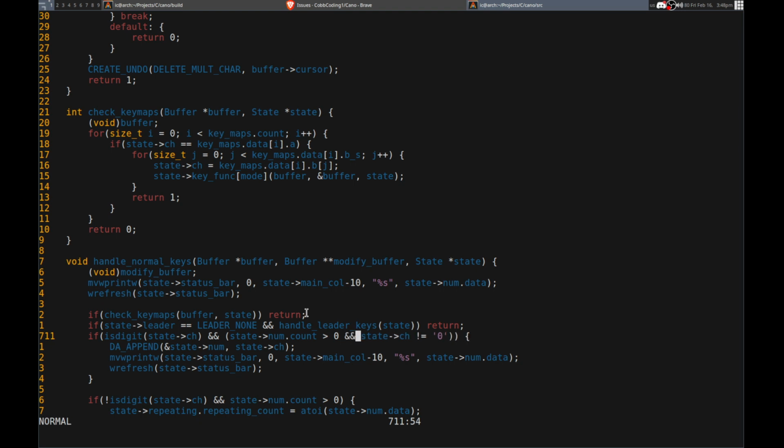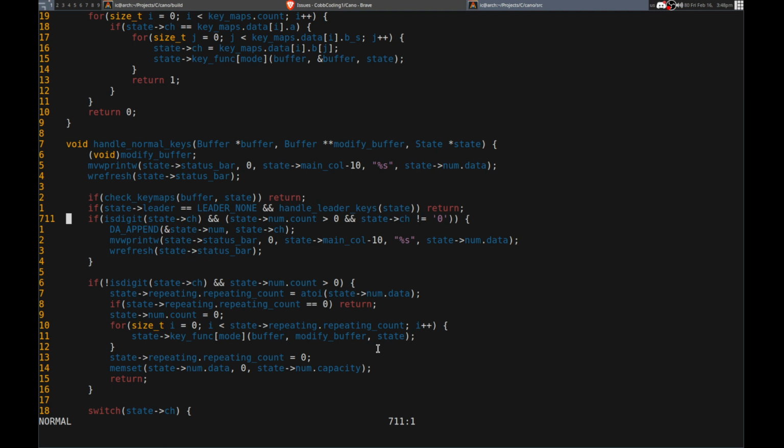I want that for the first one, right? Because if the first number is 0, then that means we're just executing the command. If it is digit,